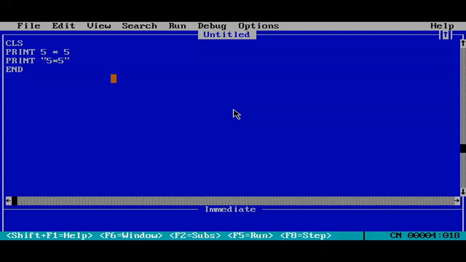Something in double quotations is a string constant, while something that's not in double quotations is a numeric constant. 5 into 5, you get 25, so it's numeric. But here you have double quotations. So that is the difference in the print statement.